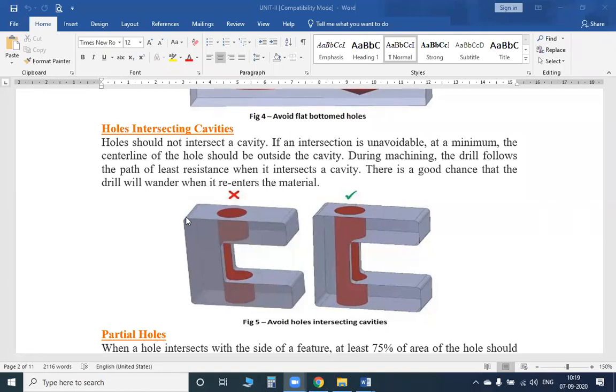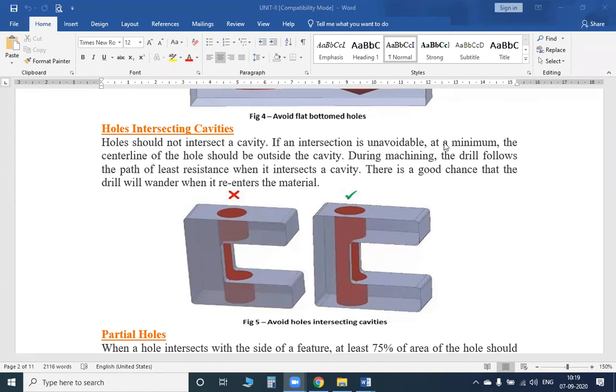Clear? So in this diagram, most of it, 75% to 80%, is outside of your C clamp. Can you observe this part? This is the part which is outside of your C clamp. But in this diagram, 75% of the other part is inside.